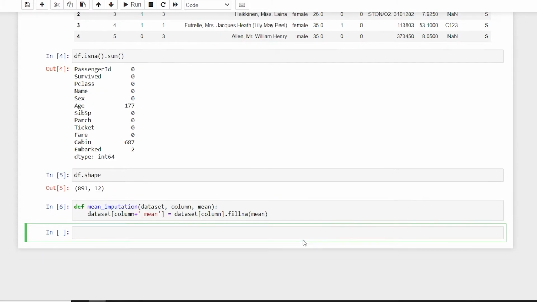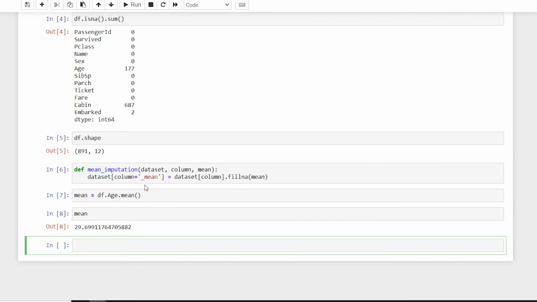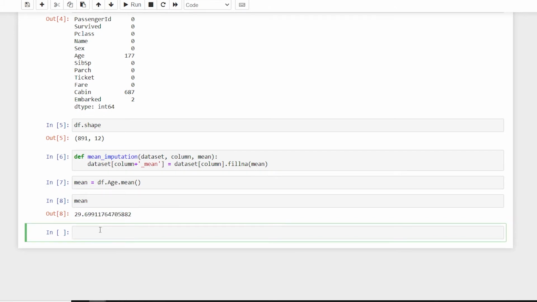And now let us run this function. First we will have to find the mean. I'll say mean, that is the name of the variable, and I'll say df.age.mean, and if I print mean, I get 29.6996. This is the value that I would like to use instead of zeros, because I cannot just say the age is equal to 0, it doesn't make any sense. But the mean is the average value that I have in my distribution, so that is not going to disturb the dataset in the first place, because 0 is going to yield a very poor frequency.